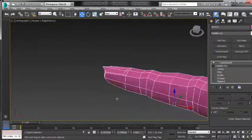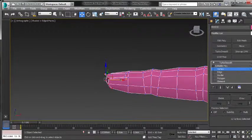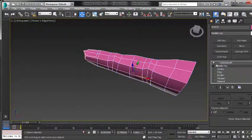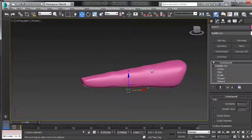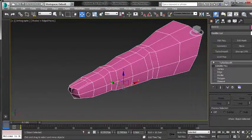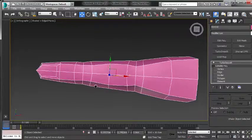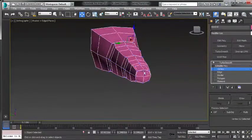Okay, it's quite a deep nail bed. I'll bring the tip back a little bit. That looks a bit better. So you can start to see our finger forming. Okay. Just having a look now at what I need to adjust now,